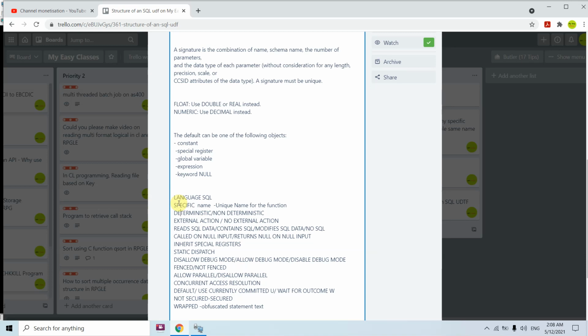So again the next time you call that function with the same parameters, if you have specified deterministic, then your function will not get called again because you have passed the same parameters and the results are already in cached memory. The result will be fetched from cache and your function will not get called.